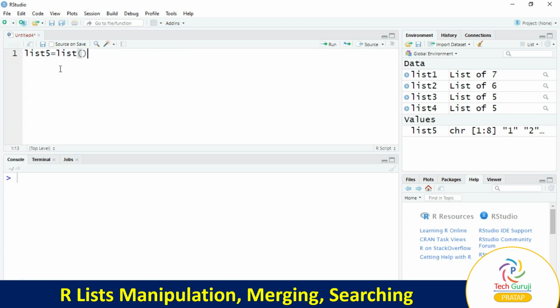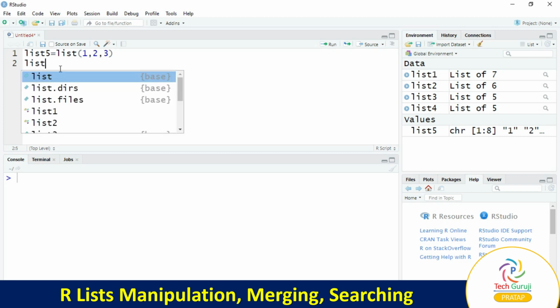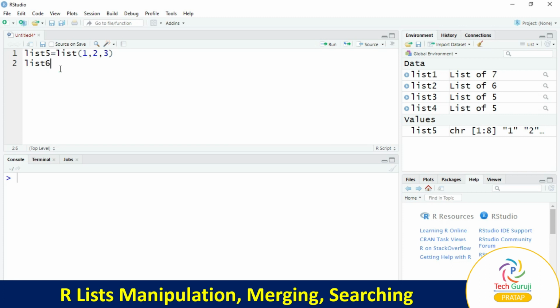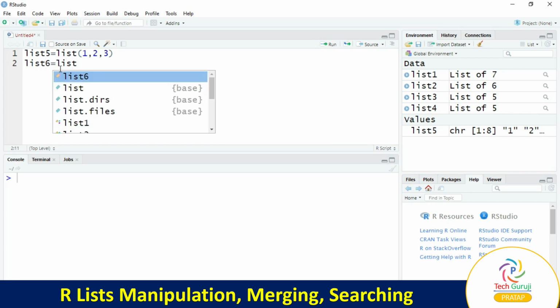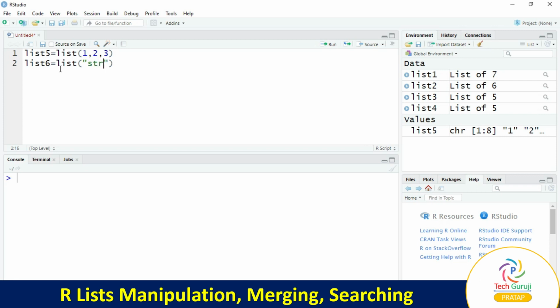We can merge two different lists, but the condition is that the merging should happen with lists only. So list5, we can take elements 1, 2, 3. We have a list6 which contains a list into the brackets. It contains str1, that is a string element, str2, str3, which is a string.